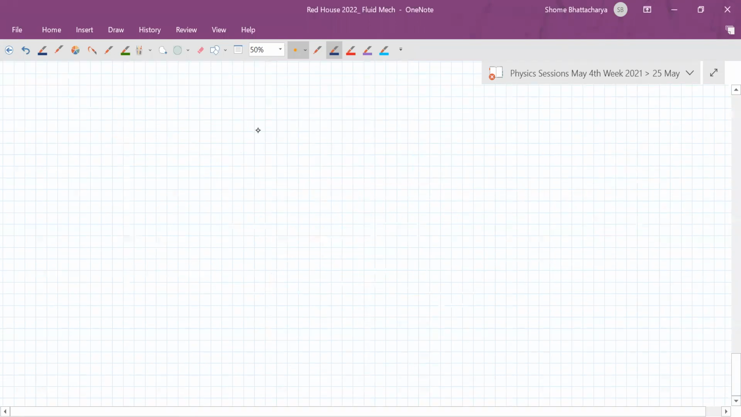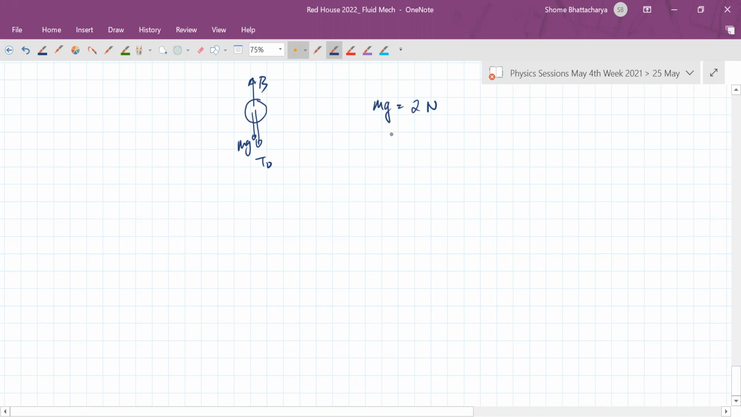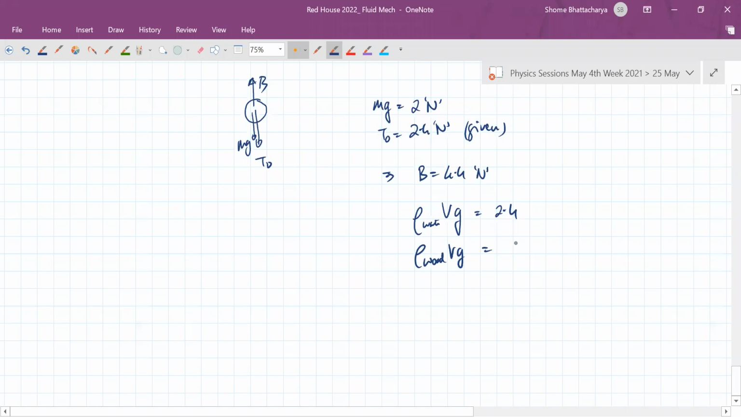Okay. So first of all, from the data given in the non-accelerated situation, when it was in the stationary case, tension, buoyant force, and mg. Now we knew mg is 2 newtons, and tension was given to us to be 2.4 newtons. So from that we can see that buoyant force is equal to 4.4 newtons. So density of water into volume into g is equal to 4.4, whereas density of wood into V into g is 2.0. So we can see that the density of wood is